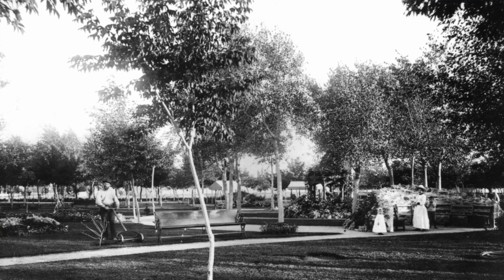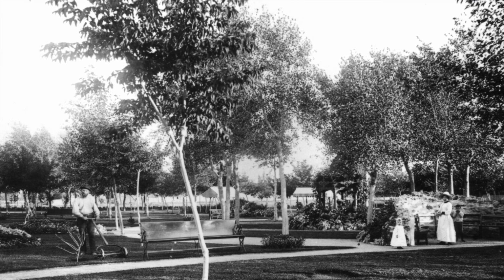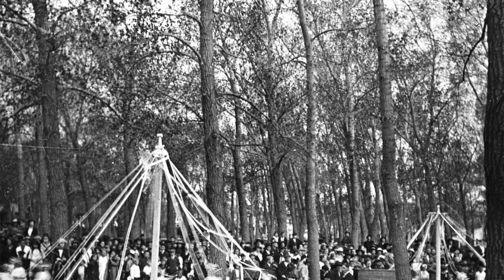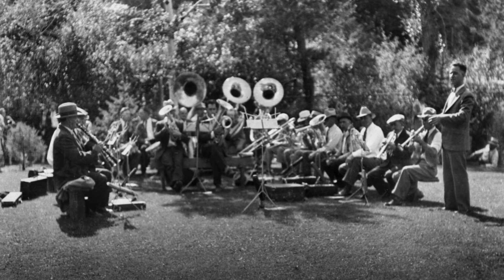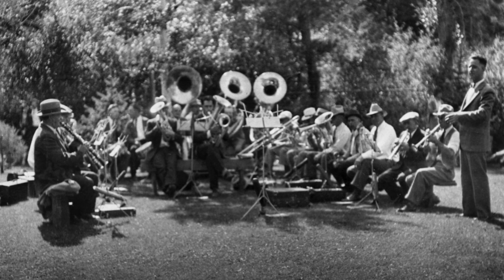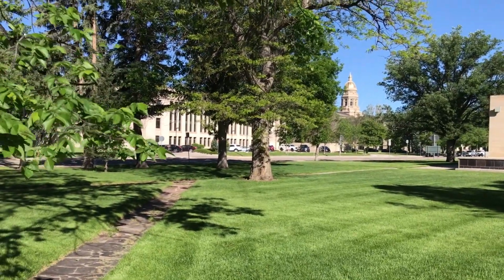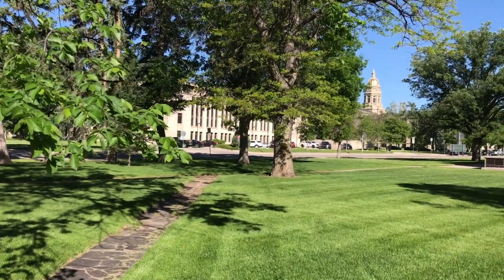These photographs are available over at the Wyoming State Archives if you're interested in seeing images of Cheyenne City Park or finding other historic images from around the state. But they give you some idea of the kinds of activities that took place in the park for, like I said, about 50 years. But in the late 1930s, the city transferred two of the 4 sections of land to